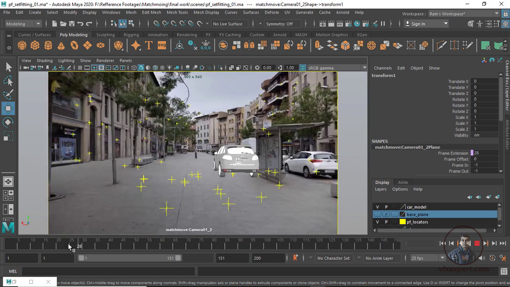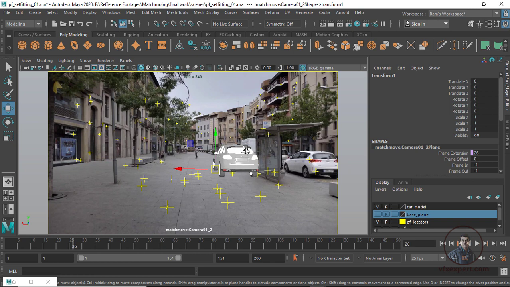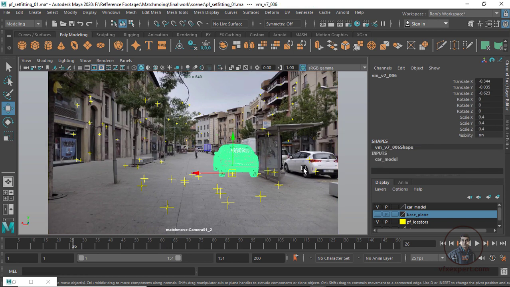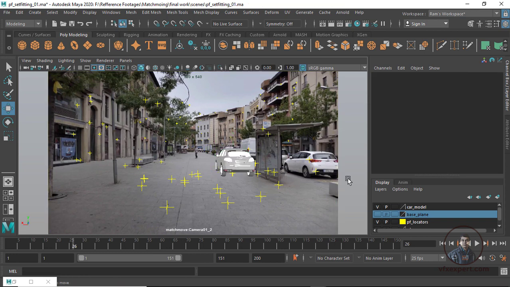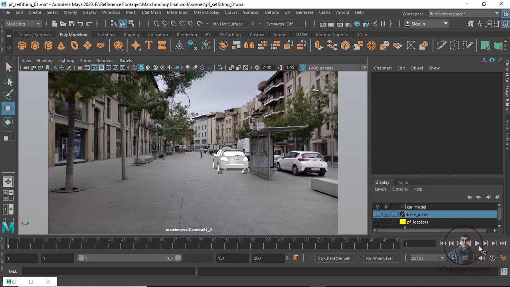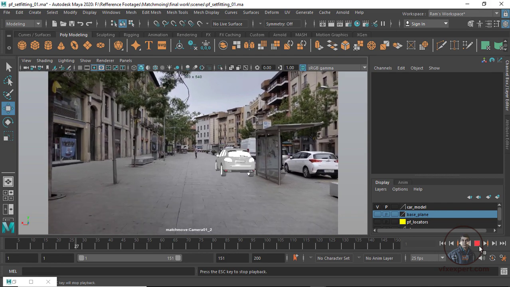Okay, now it's moving perfectly. Okay, I think our model is a little bit bigger. So I am going to adjust this one. Okay, select this one. So according to this car I am going to adjust. Okay, now select our model. Now simply adjust the model scale a little bit. Maybe this is sufficient. Okay, now after this simply click here. Now simply switch off our locators. Now just play and check. Just come here and play and check.